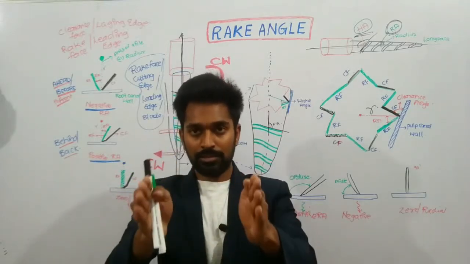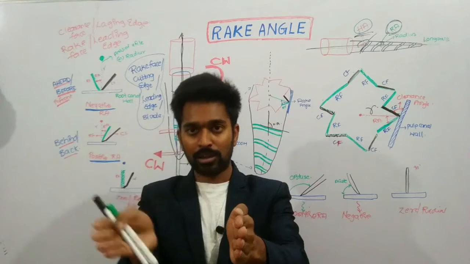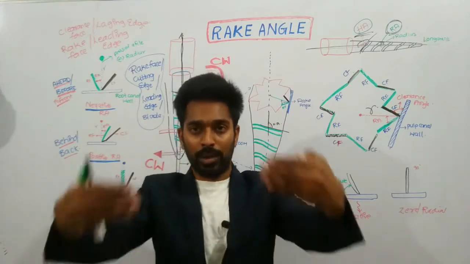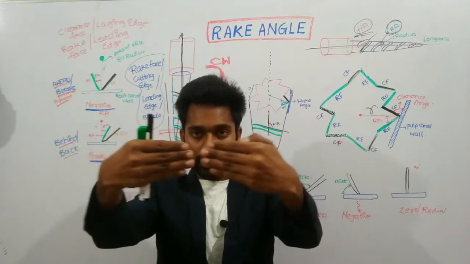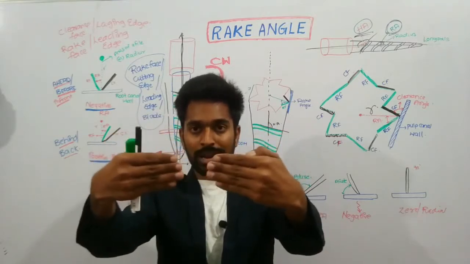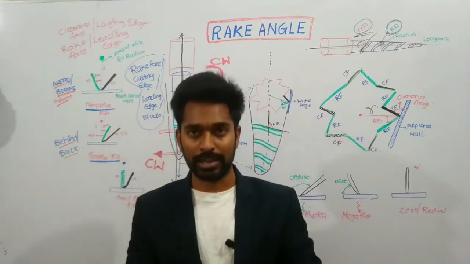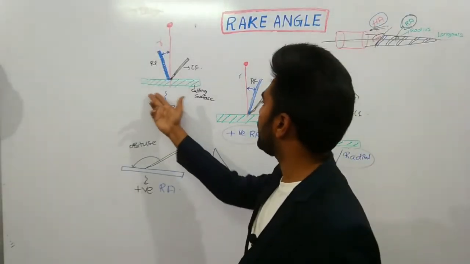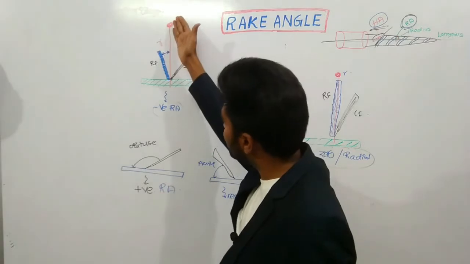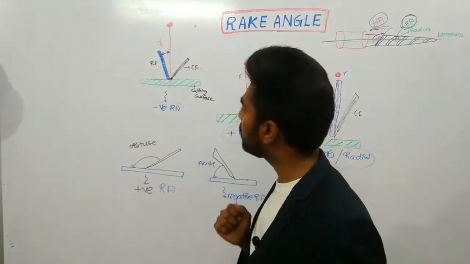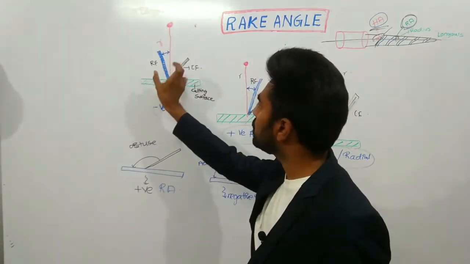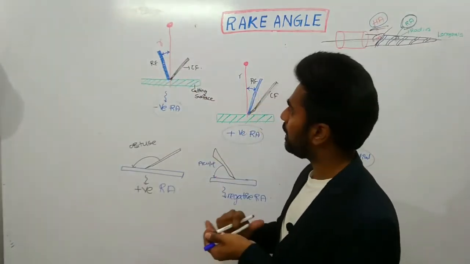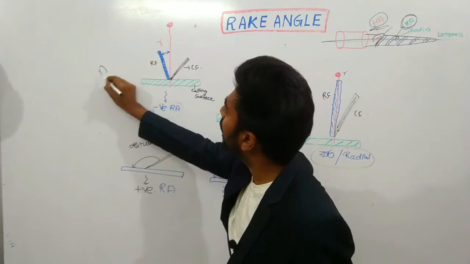Whereas if the rake face is behind or back of the radius of the file, this is called a positive rake angle. Whereas if they are meeting end to end, this is called a zero or radial rake angle. So if you observe this diagram, this is your cutting surface, whereas this is the radius of the file, right? Here the rake face, which is the leading face, is ahead of the radius of the file,